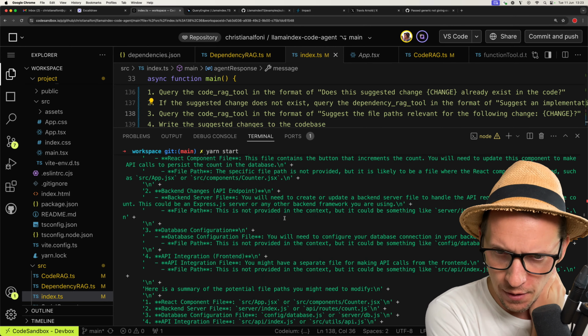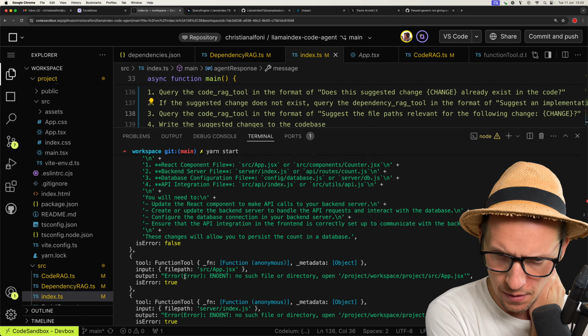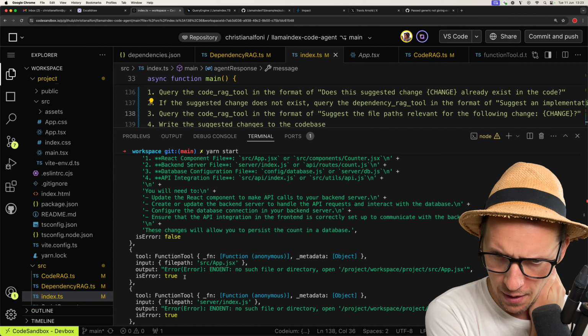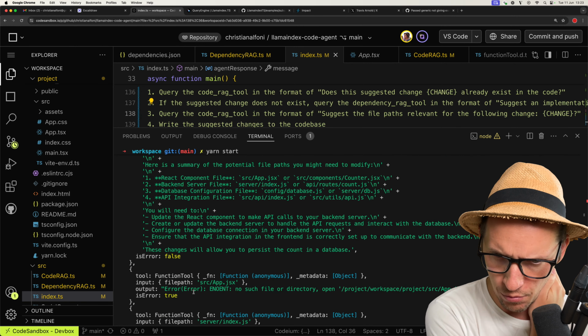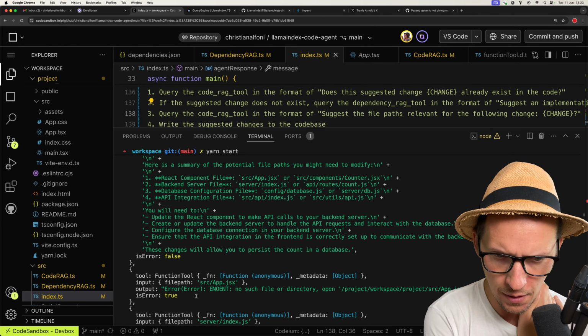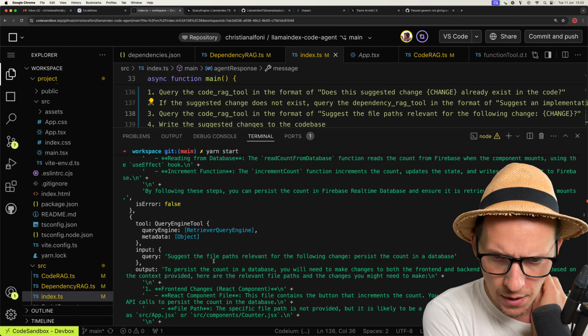But I'm very curious what it said about this. So this is a file path. What the hell is this? Function tool? Which function tool? I guess that's read file. Suggest, okay, to